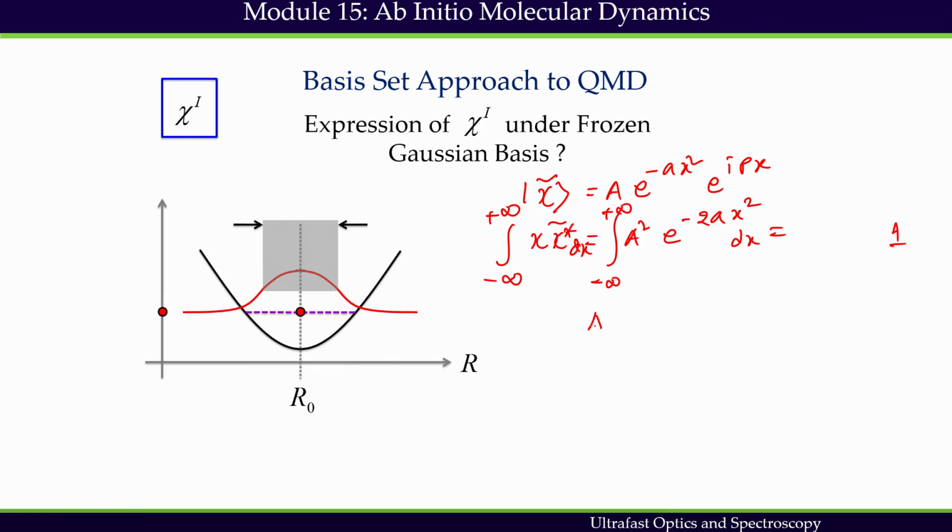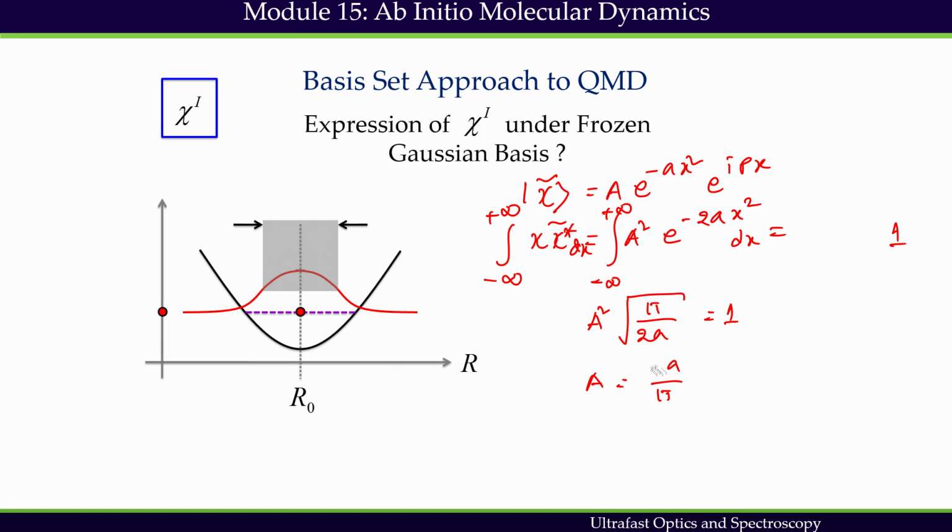This gives me A square, and this integral we get from a standard Gaussian integral, which gives root of pi by 2a, equals 1, or A square equals square root of 2a by pi, and